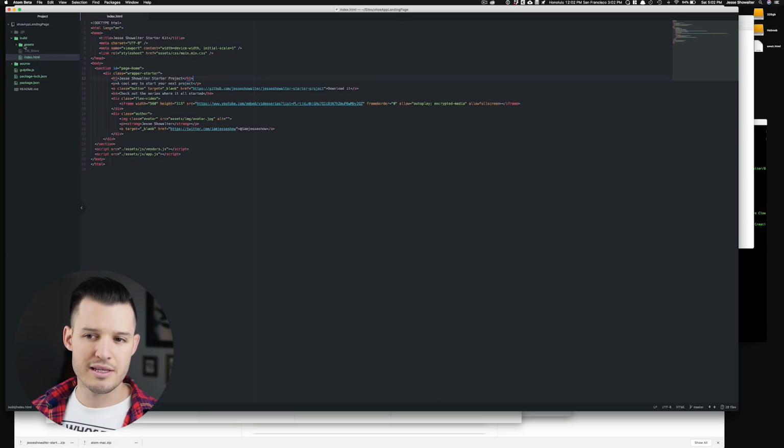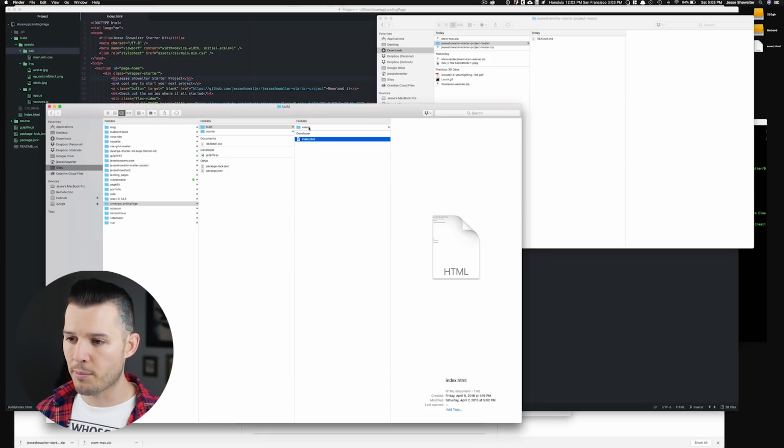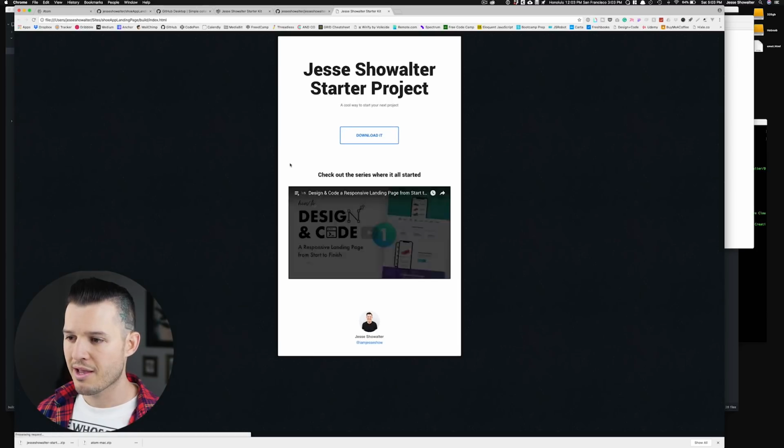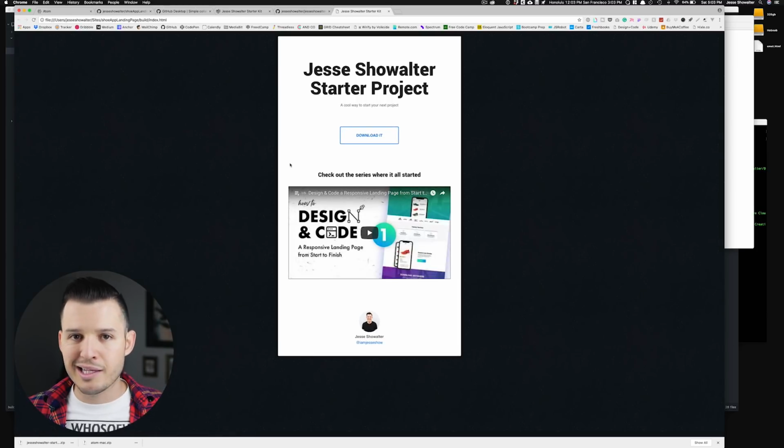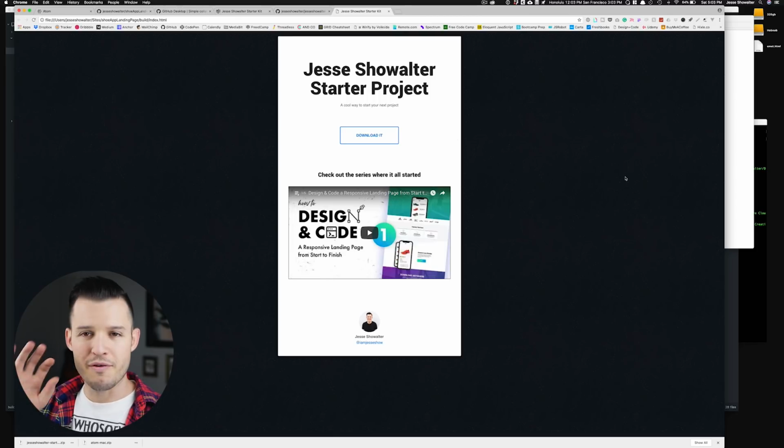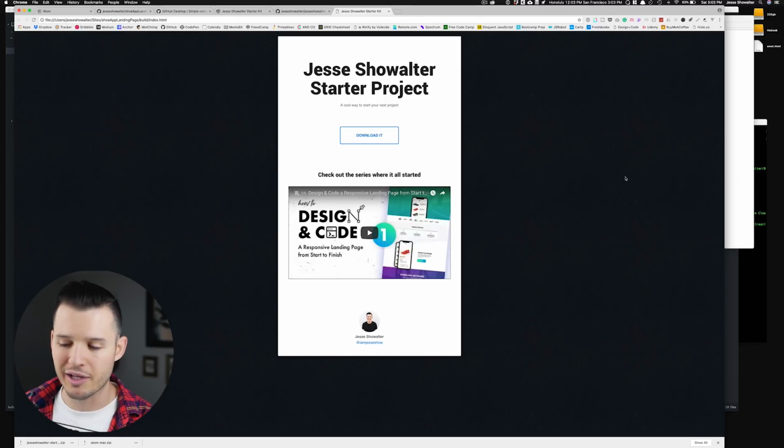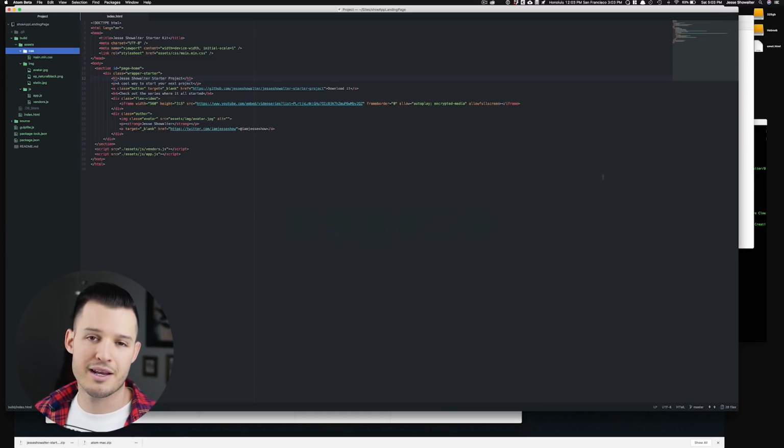And you can see all the assets inside, like JavaScript, a few images to get you started, and the main CSS. If I was to open this project up just by double clicking it and open up my browser, it looks exactly like the landing page that you saw when downloading the project. So there are very few styles put into this, and I'll show you how to clear it out and get going for the project. Let's see what else is inside of the starting files.